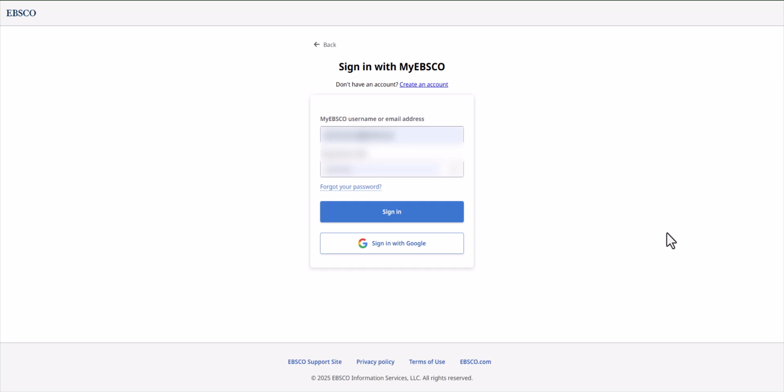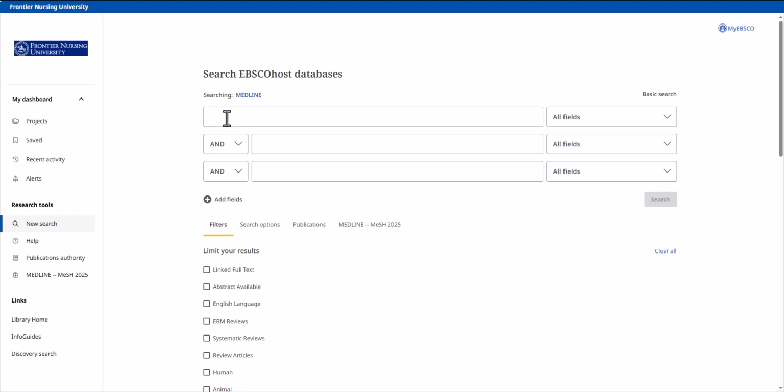To give you an idea of how this process works in real time, I will sign into my account, conduct a search, and demonstrate the various tools that allow you to interact with your search results. So now that I've signed into my account, I will conduct a search. For this search, I'm going to explore the idea of how midwifery care is beneficial to birthing people and infants.